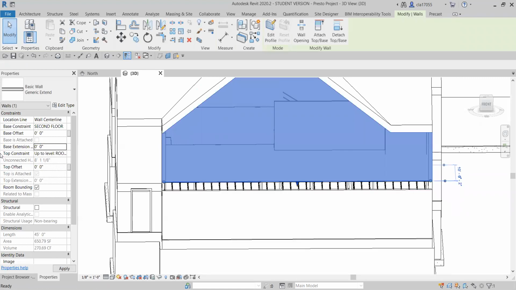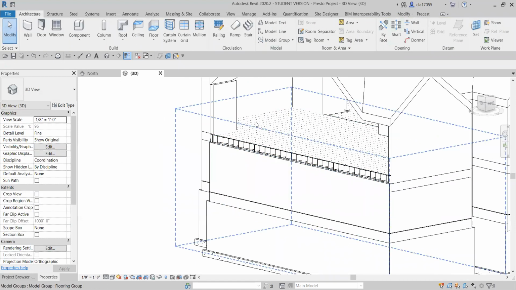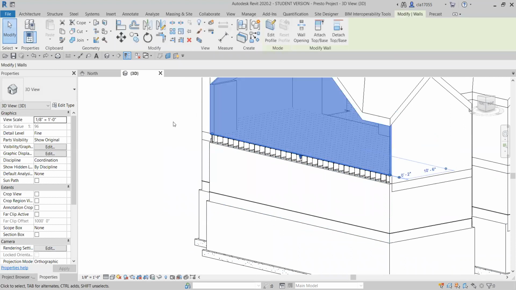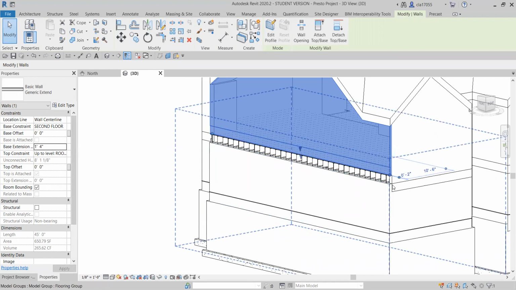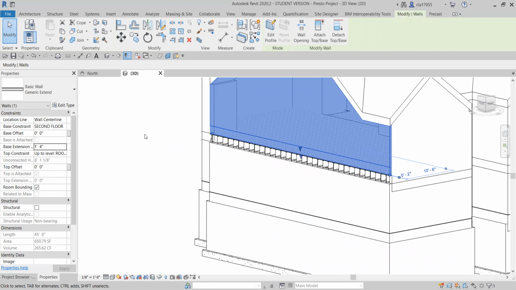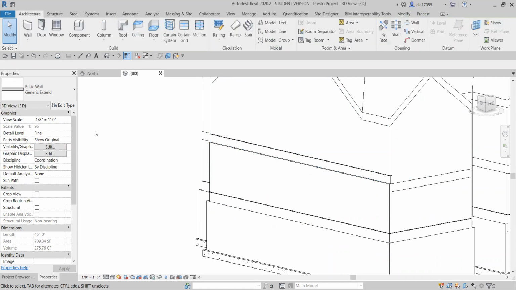And because I have 16 inch. Oh, because I have a. Oh, crap. Did I just delete my wall? Okay. I have 16 inch joists, so I'm going to put a base extension of 16 inches. And sometime it should do that for me. Oh, that's why I need to do a minus 16 inches. Okay, there we go. And now that covers your joists,